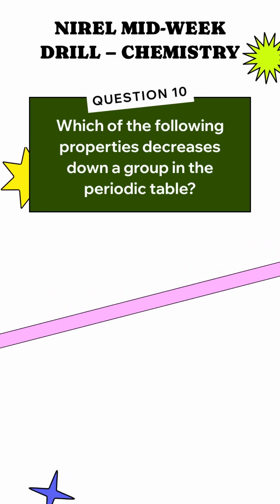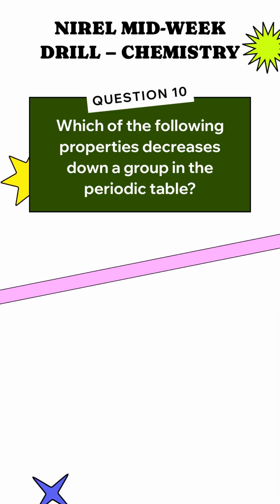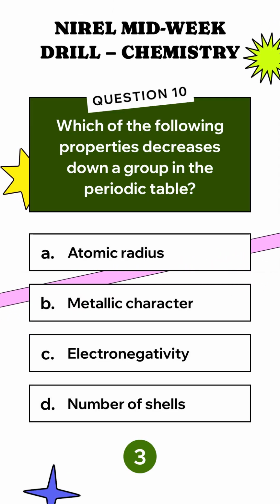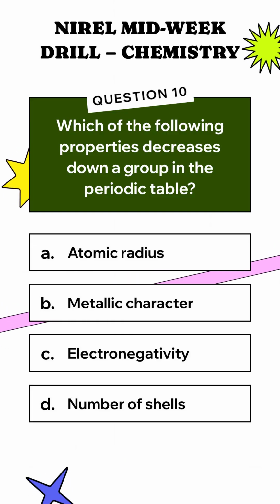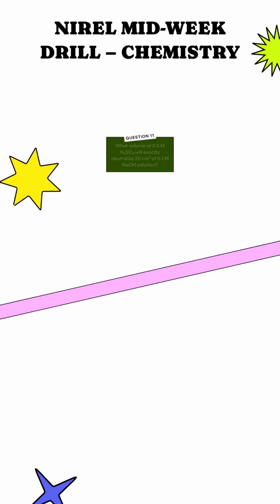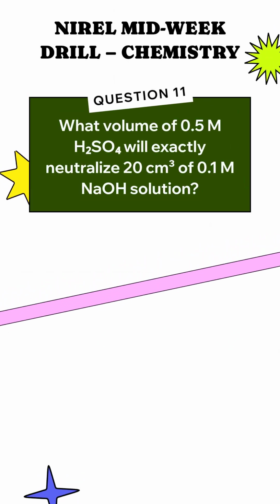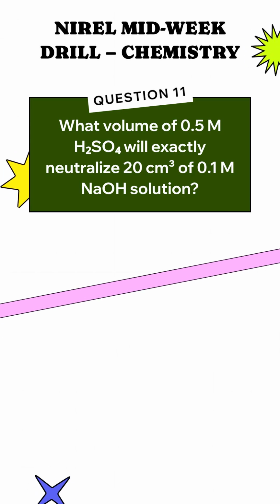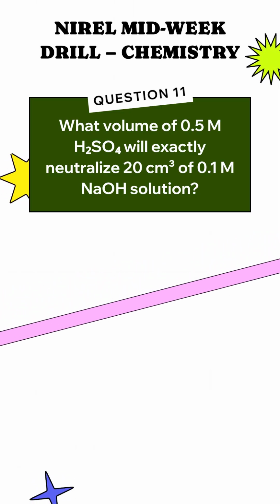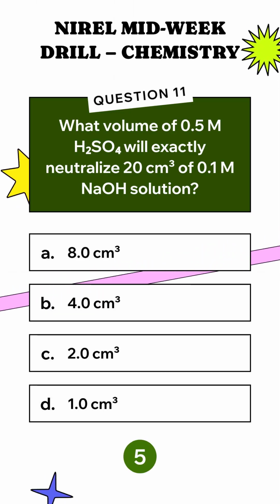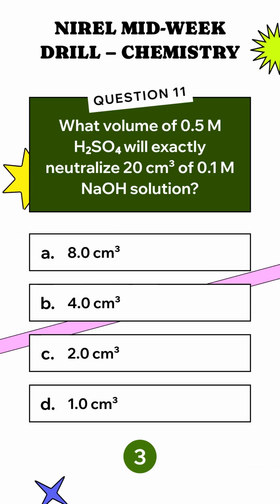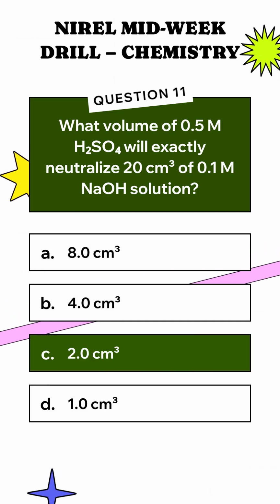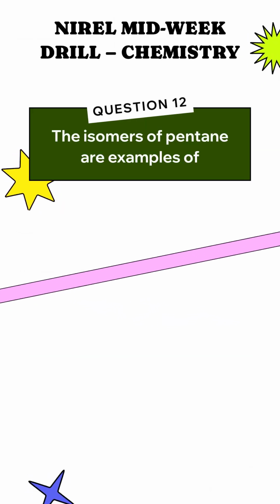Which of the following properties decreases down a group in the periodic table? What volume of 0.5 molar H2SO4 will exactly neutralize 20 cubic centimeters of 0.1 molar NaOH solution? The isomers of pentane are examples of